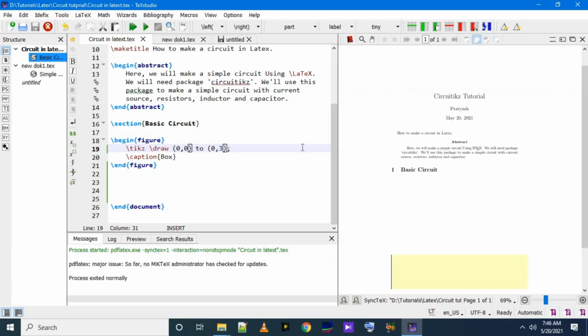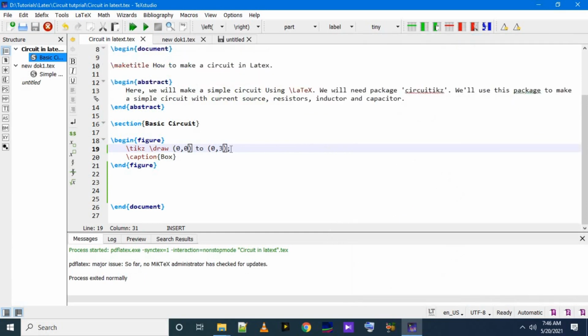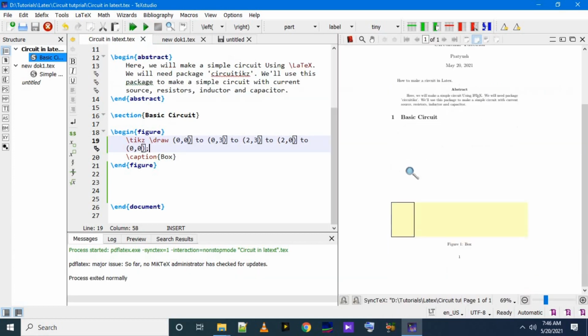It makes a line from 0,0 to 3,0. It has the coordinates. In a similar way I have written all four coordinates, so these coordinates will make a rectangle. And return to 0,0 so that the box is closed, isn't it? So we got our box.